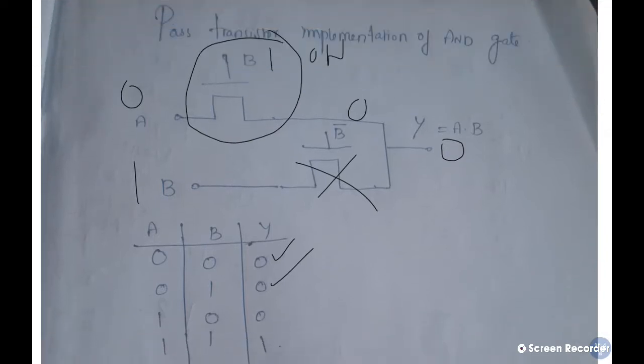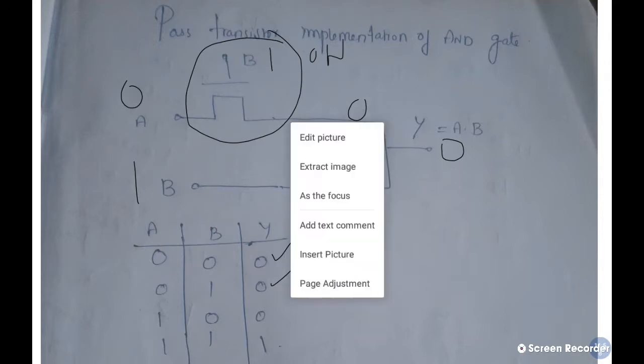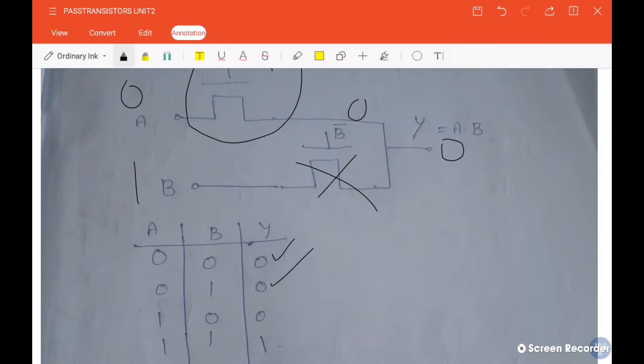So even though you apply 1 0, at that time also, one NMOS will be on and another NMOS will be off. So by the way, the output value would be 0 only. And finally the value you have to check is 1 1. So when both the inputs are high, what will happen?